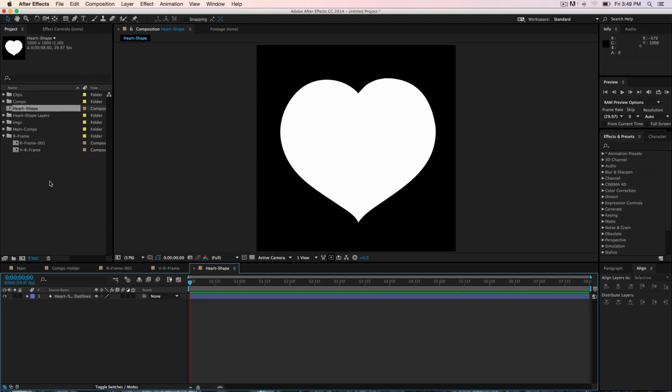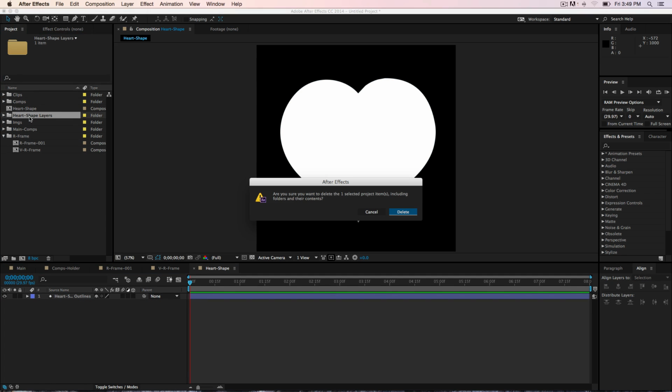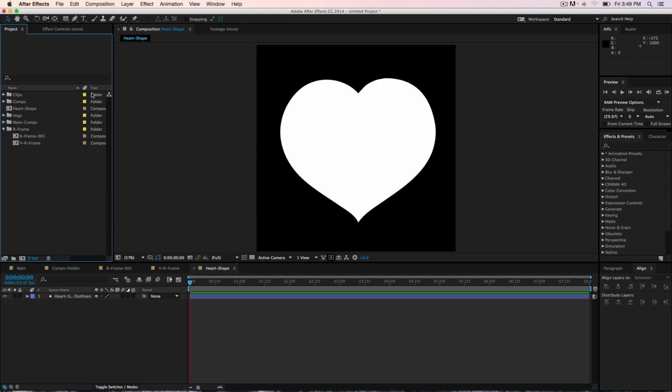So let me just delete this. Also we need to delete this folder, make sure yes. Okay, and also I need to rename this as heart frame, and we also need to put it in the rectangle frames folder, and there we have. Once we have this, we need to start duplicating depending on how many placeholders you want to have. In my case, I'm going to have like 6, so I'm gonna just duplicate them, but before we duplicate,